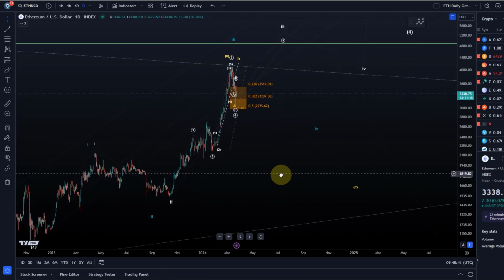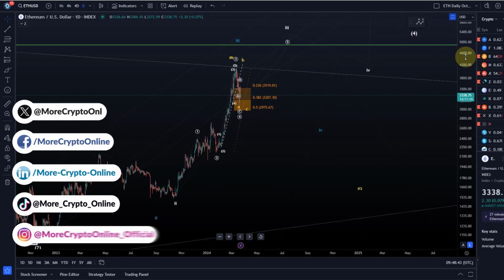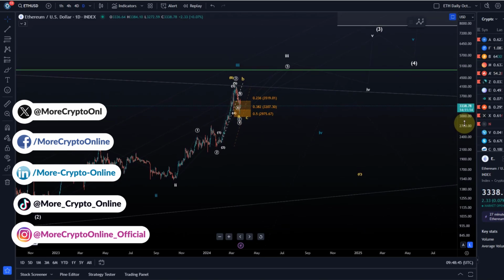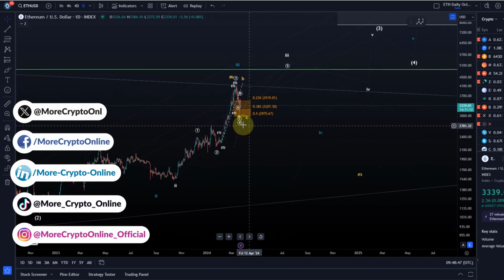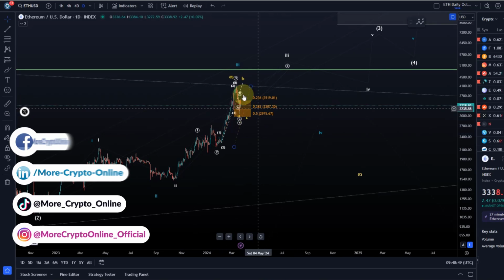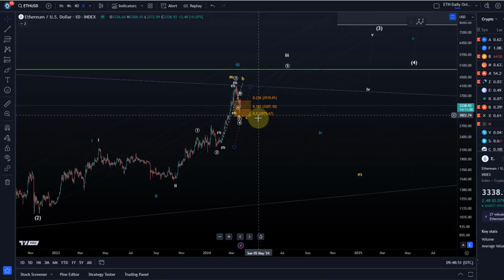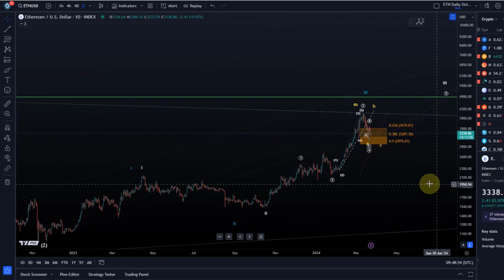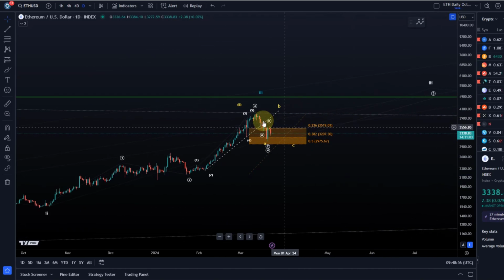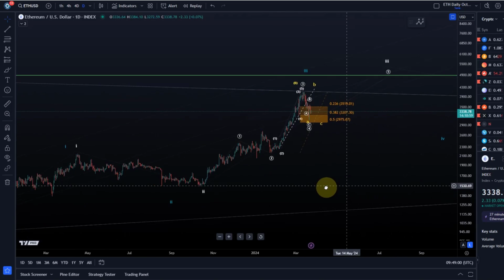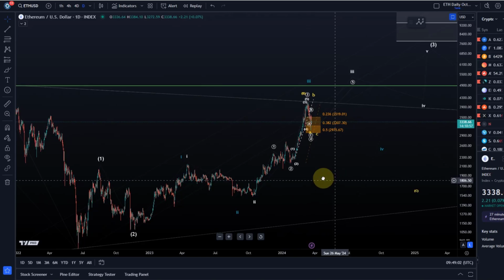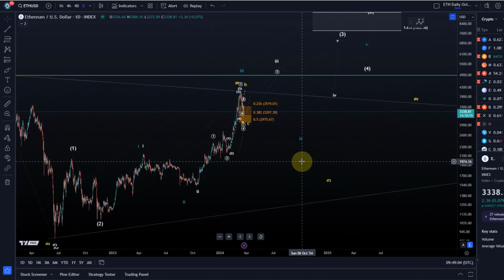I think we should start in the daily time frame, and a few people asked me what would be the next support area should we see a break below our upper support area here on the daily chart. Well, first of all, I hope we don't break it. It would make the chart definitely more complicated, but it's possible. So I wanted to share with you some alternative wave counts. We talked about them before, but it might be worth a refresher.